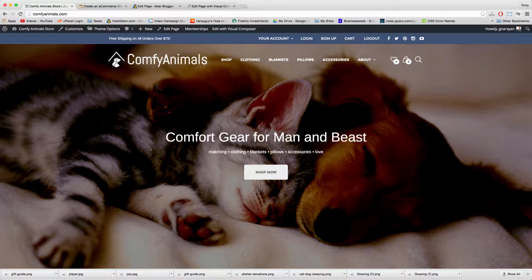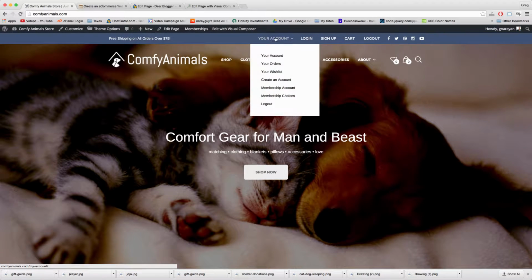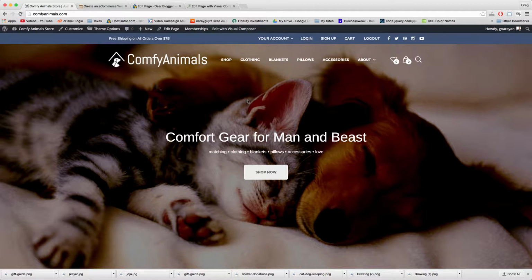With our hero image section done for now, let's continue building out the main pages of the site, like the home page, then the shop, then our your account page, and then we'll move on to the sub pages. The next step in building our home page is going to be adding the featured boxes below our hero image. So let's do that. We can click Edit with Visual Composer,